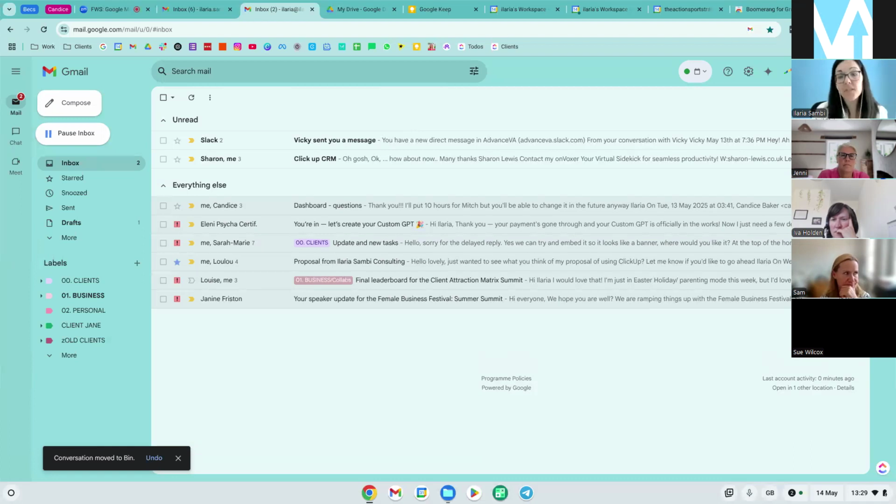Okay. And then if it's something that you need to take action on, move it away from the Gmail. So copy the text, save it in the inbox in the labels for the client, put in your ClickUp, Asana, put in your notes, calendars, wherever you are managing your projects. You cannot manage projects from Gmail. It's not the best way to do things. You need to move them somewhere else.